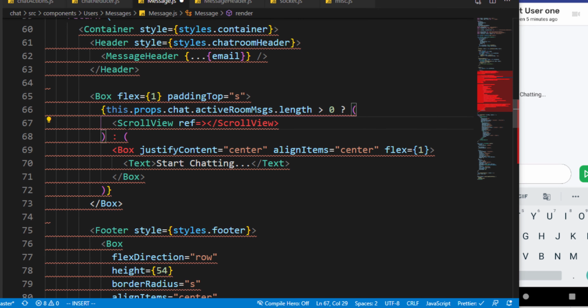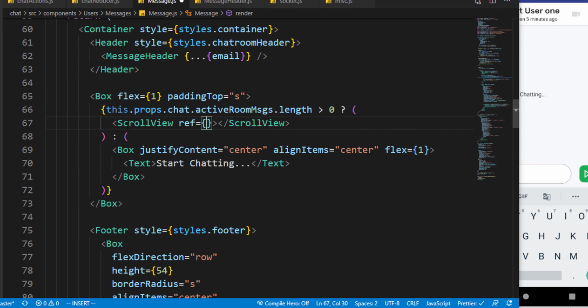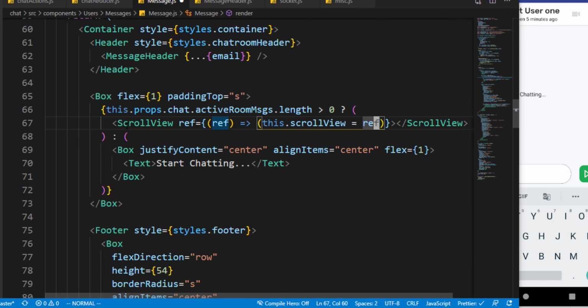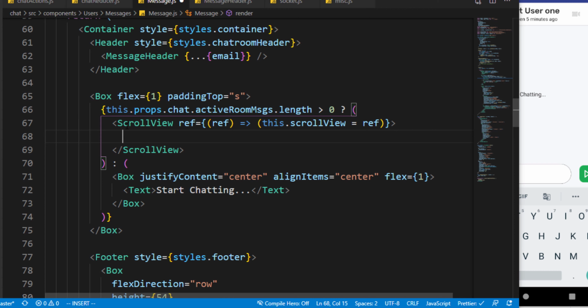So this ref here is an object, and it's going to have a ref this.scrollView, and we set that this.scrollView to that ref. So why we did this is because we wanted that whenever there's a change in the values or in the array,